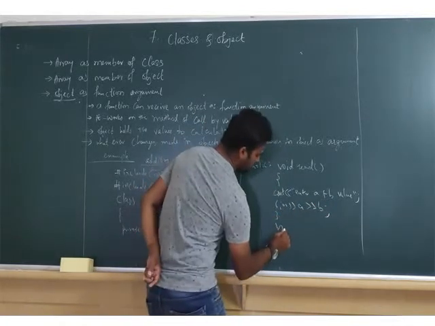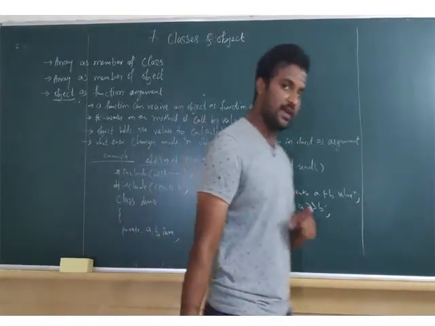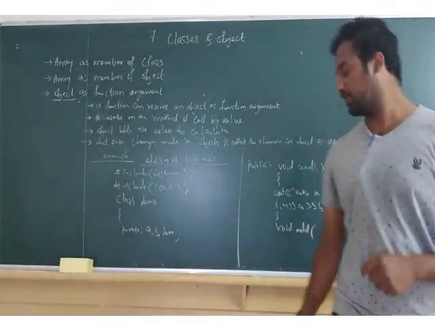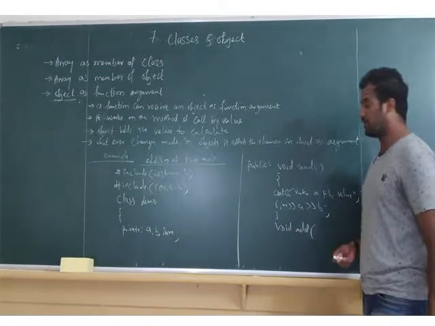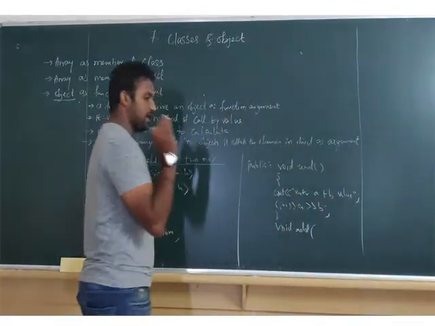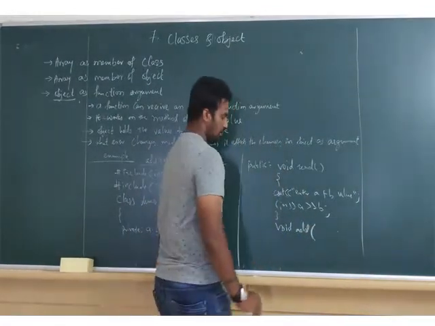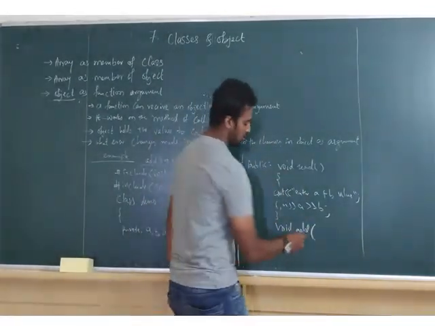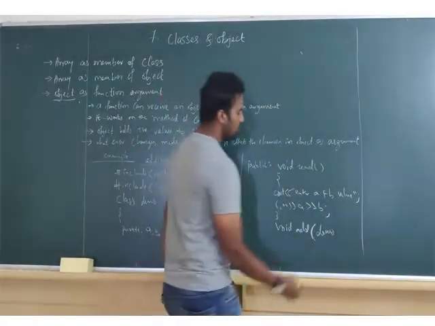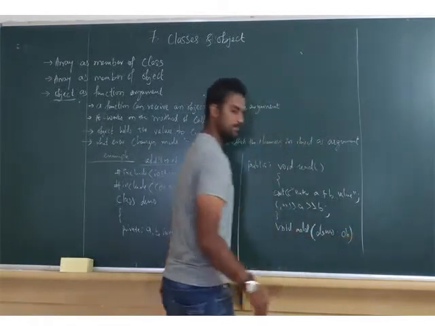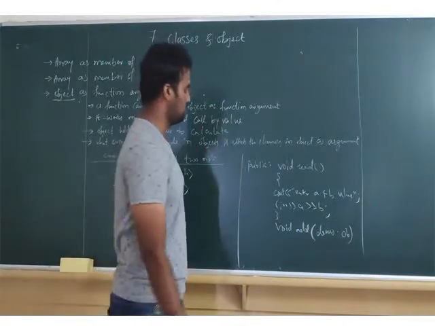Now what do we do? void add. So how to add? See here what we are going to do. We are going to initialize an object as a function argument. See, I have already told you, if you write in brackets it is an argument. So here I am writing in brackets. Okay. How to create an object? First give the class name, then the object. Any object you can create just by following the variable rule.